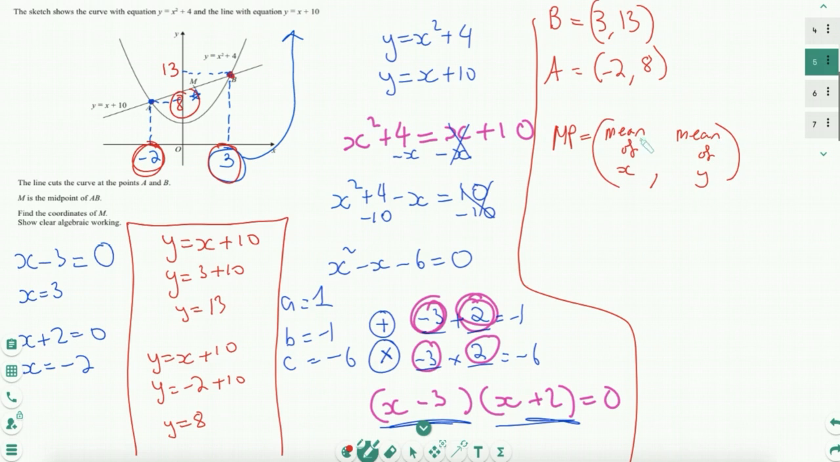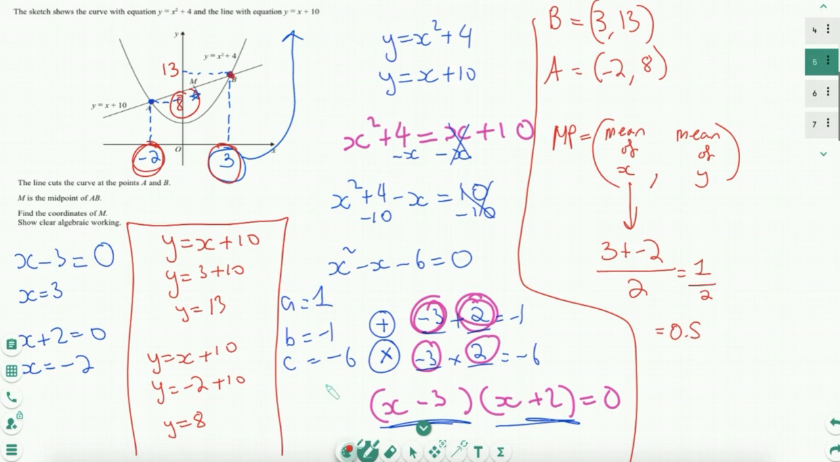So to find the x coordinate, we have to find the mean of the x coordinate. So let's find the mean of 3 and minus 2. To find the mean, we're going to add them up, 3 plus minus 2, and then divide them by two values. 3 plus minus 2, you can use your calculator, it'll give you 1. And you divide that by 2, so it's just going to be 1 over 2,